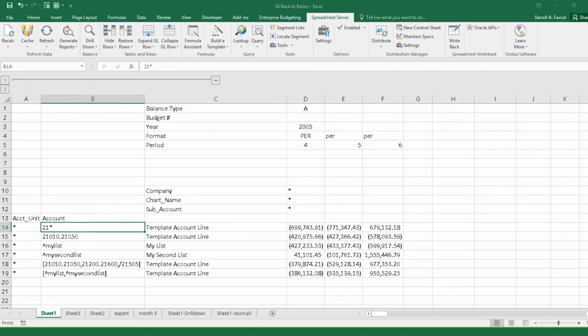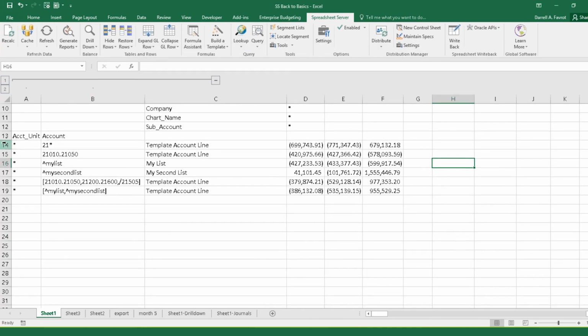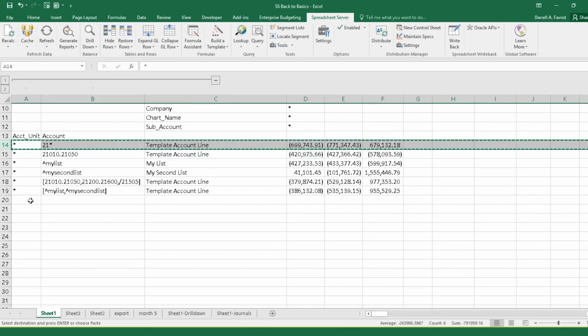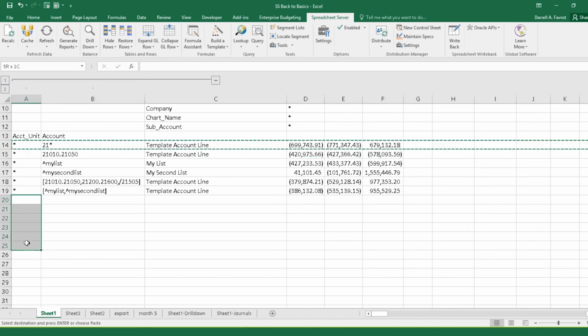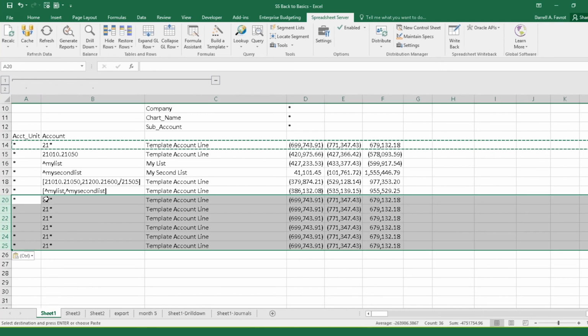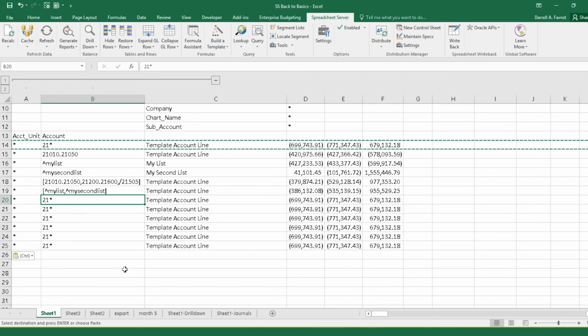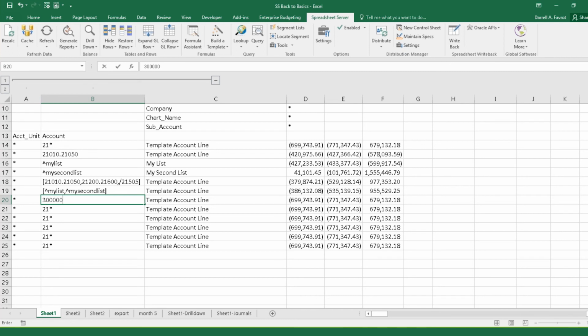I'm going to close my segment list, and I'm going to come back to my spreadsheet. I'm going to copy row 14 to rows 20 to 25. So I'm making several rows here. I'm going to prep by putting in some values, some ranges within column B. So first range is going to be